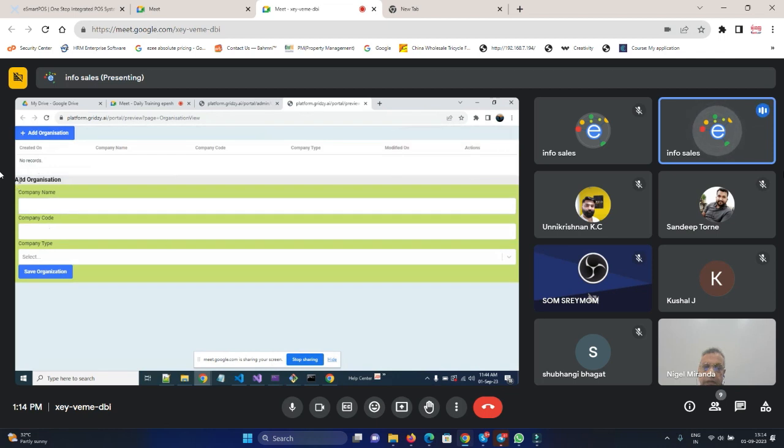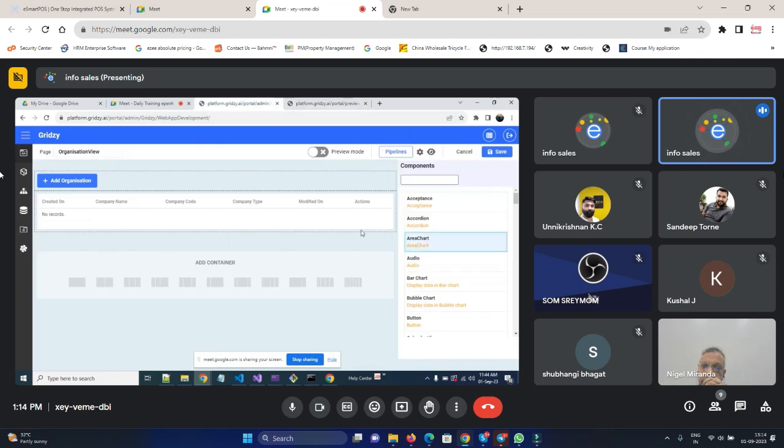So it is rendering. I want to open it as a side panel. So I will show you how we can render it as a side panel. This form will open on click of a button. So let me